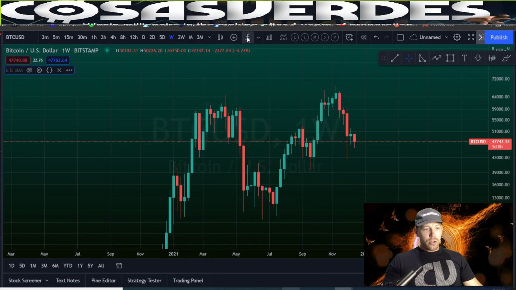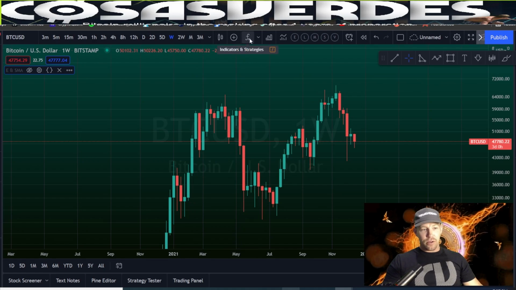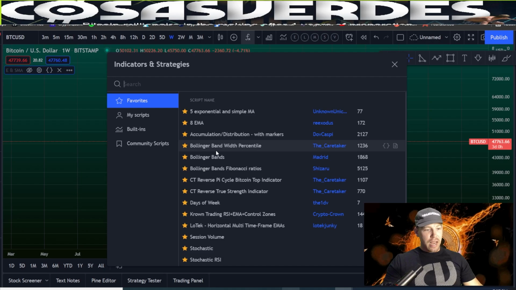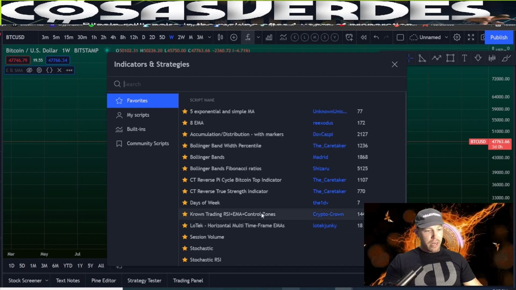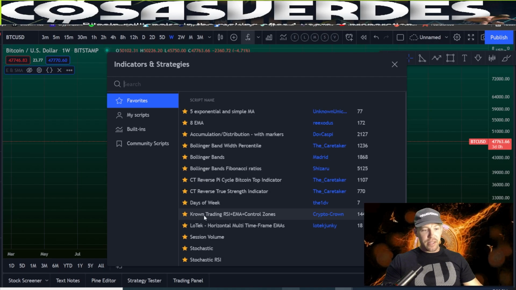So now we go back up to this FX button, and remember, for you, it might say indicators. Now we're going to type in exactly what we see right here where my cursor is: Crown Trading RSI plus EMA plus control zones. And the pluses do not have spaces. So you start typing exactly what you see here until it pops up and you see it made by Crypto Crown. That is who made it. It needs to be made by the same person. So start typing that in, and then when it pops up,